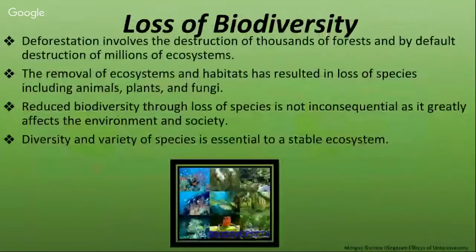Another effect of deforestation is the loss of biodiversity. Deforestation causes destruction of thousands of forests, and these are homes to many different animals and species and millions of ecosystems. And so the removal of these ecosystems and habitats results in a loss of species, all kinds of species, including animals, plants, and fungi. So this ultimately leads to reduced biodiversity, and it's very consequential because it does greatly affect the environment and ultimately us and society. So diversity and variety of species is